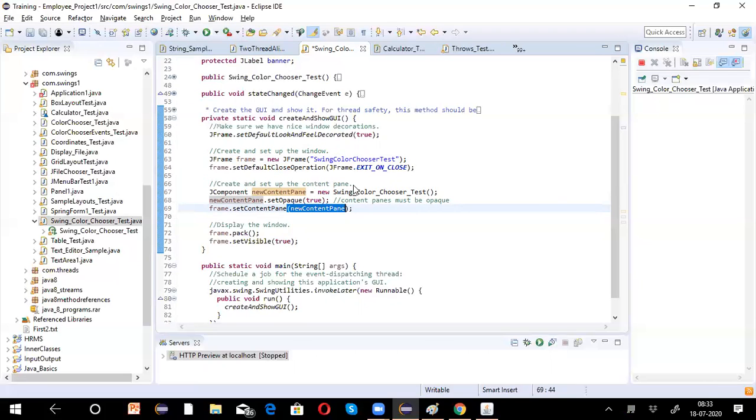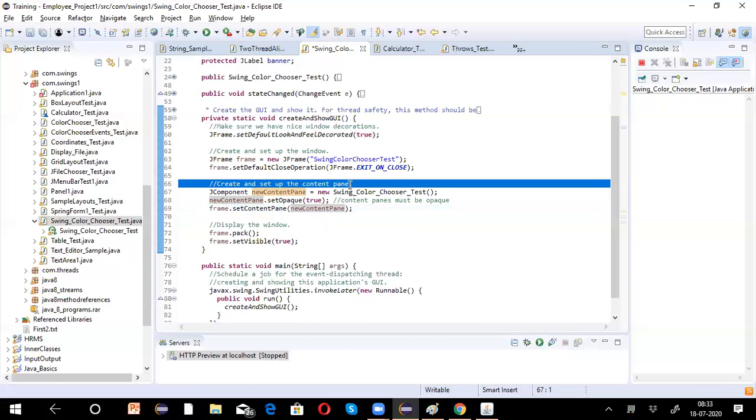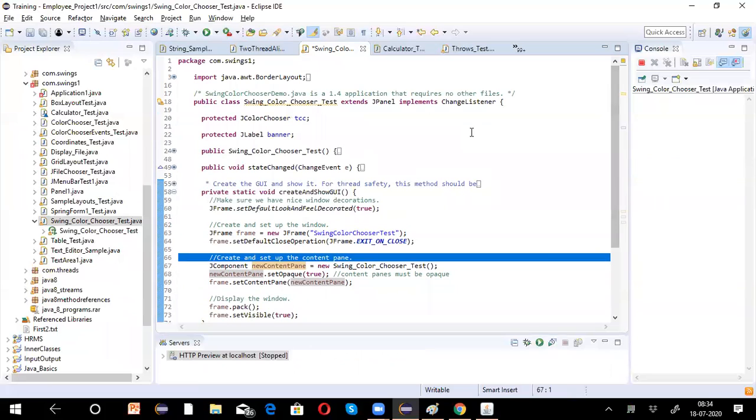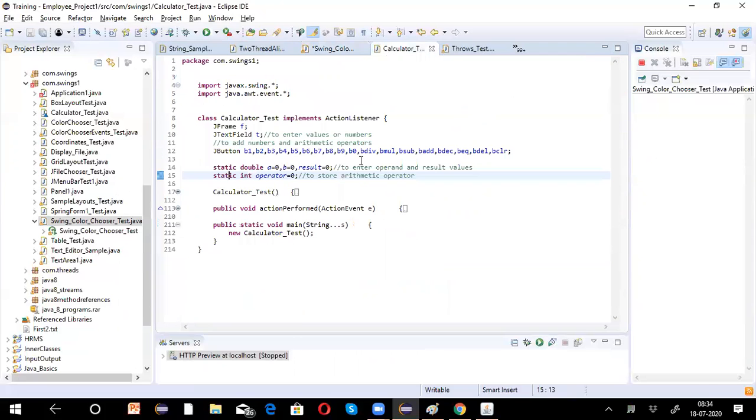In simple terms, after we create a panel, we should add it to the frame, isn't it? The way we do with components, whenever we create any component like a button or label, we use the add method. Frame.add, we will add the buttons. Yes or no? This way we do, isn't it?